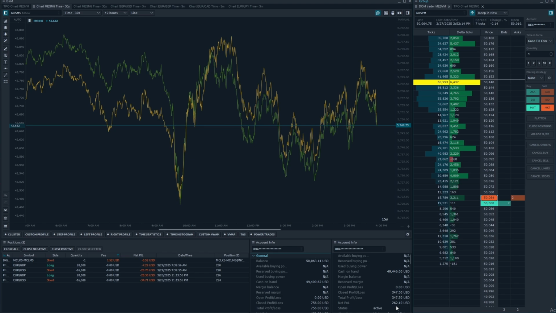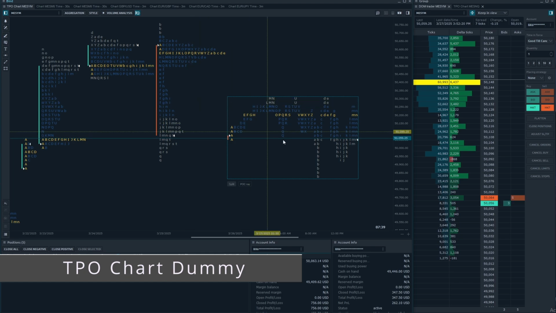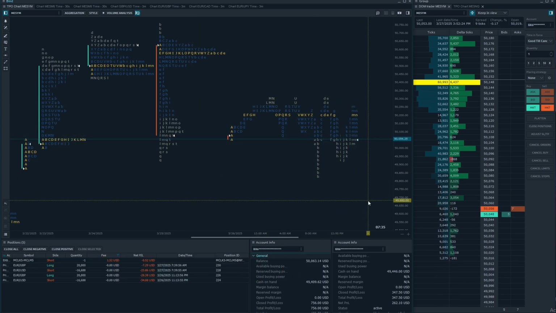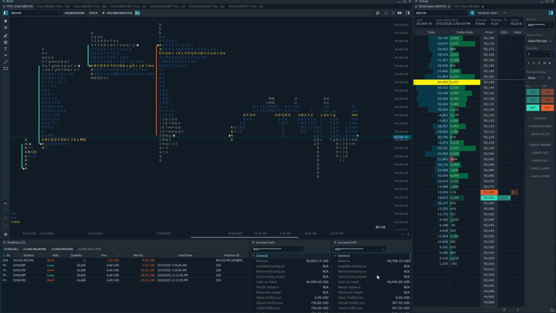So as you can see, we're just selling off. Let's go over to the footprint chart and let's see what the ES, yeah. So we're just selling off. I wonder where the market's going to close. But let's see, we got this account. I mean, I started the morning of 49,446 and I traded it and got it up to 49,700. So that's good.